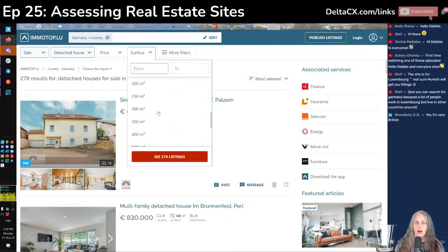Funny thing, I'm American. I don't really understand square meters. I don't know how many square meters I need. I do understand square feet. And I do understand acres if we're talking about the size of the piece of land, but I don't understand square meters. So this seems to assume that the people coming to this site deal in our language, deal in our digits, deal in our measurements and units, and of course that can create some of the task detractors